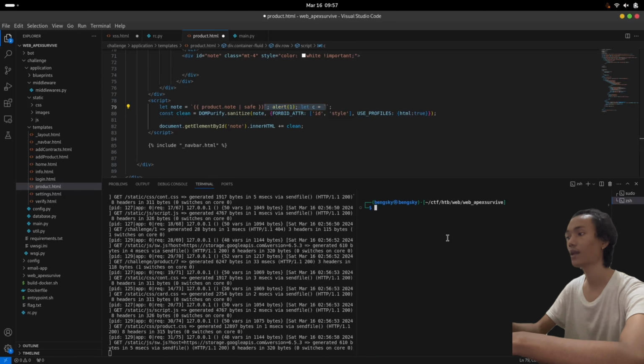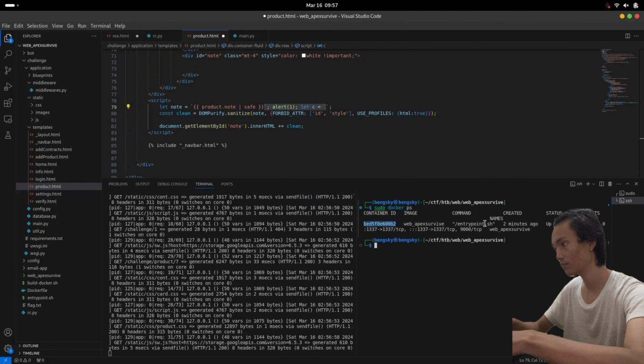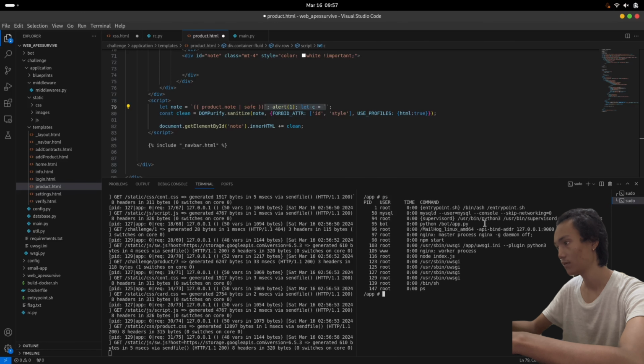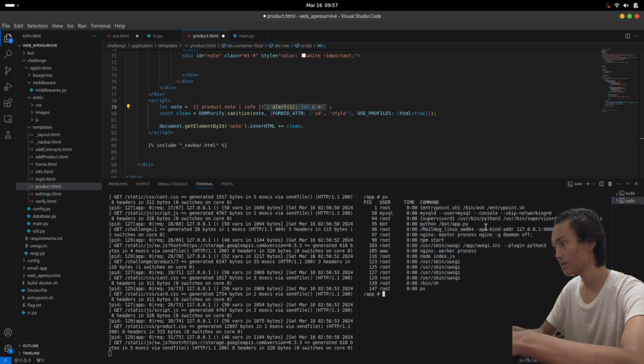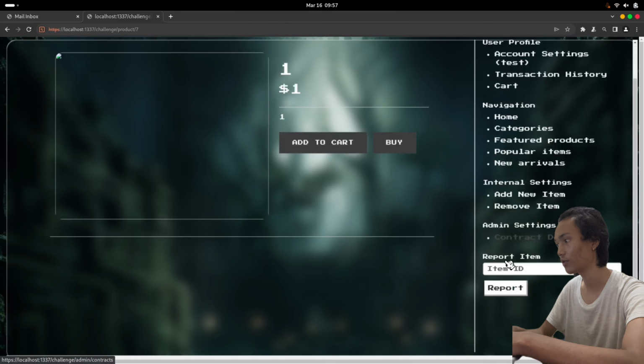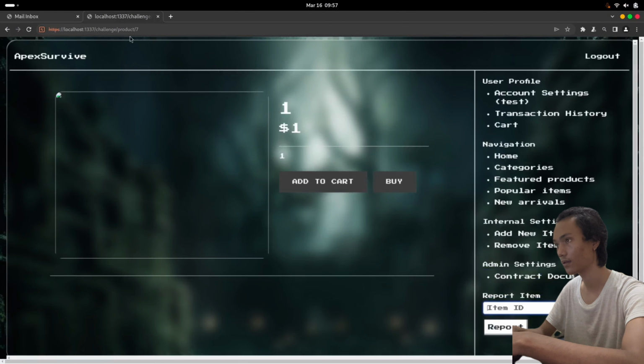Okay, for the RCE, we can look into the Docker. We can see the process list. There's no Chrome driver because we haven't reported anything yet.